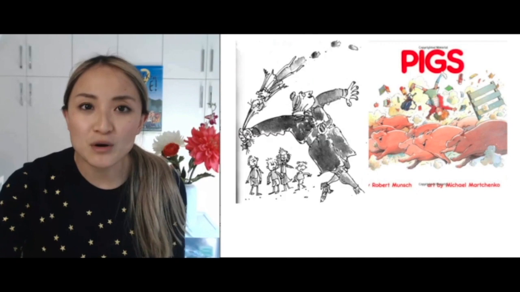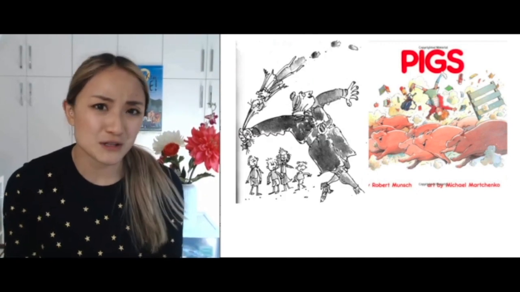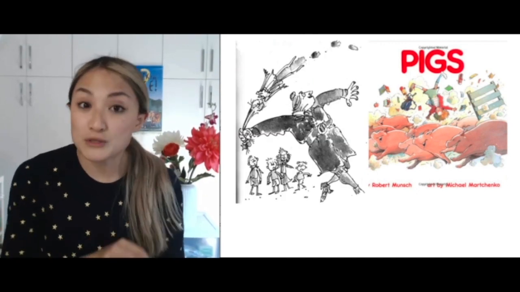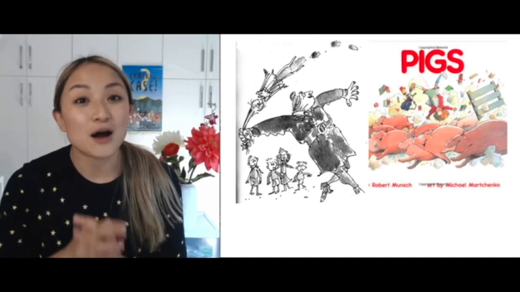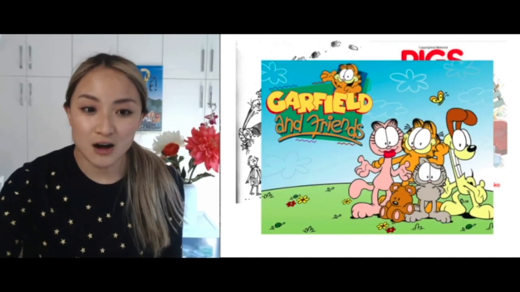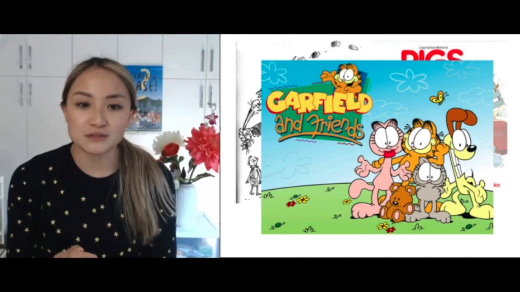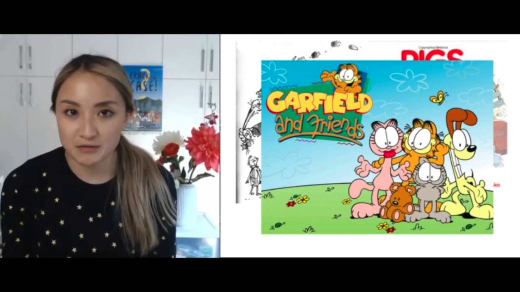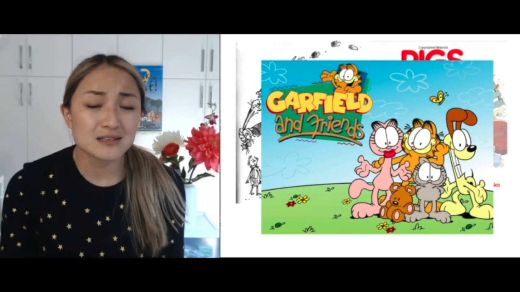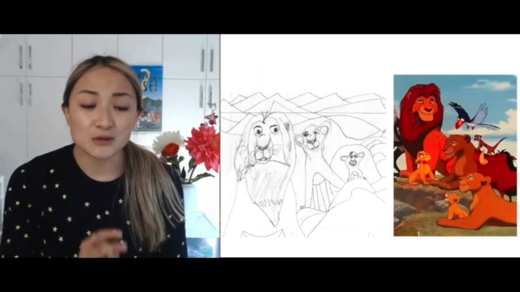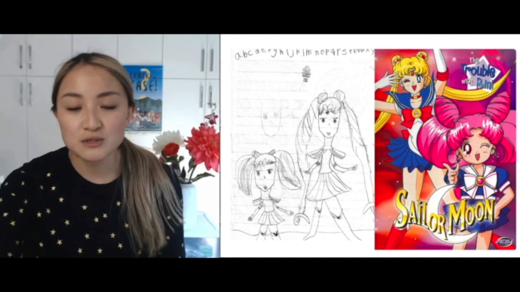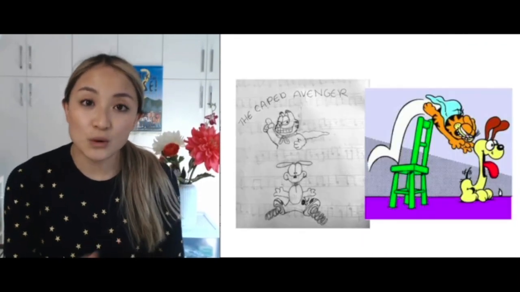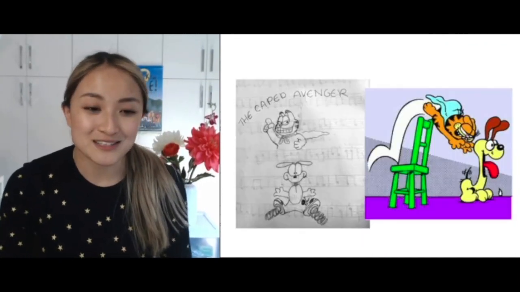My favorites were the ones with really funny and expressive illustrations, so Roald Dahl books and Robert Munsch books were among my favorites. And I also love to read comics. And Garfield was, again, one of my favorites. All these things inspired me to draw. I spent a lot of time copying my favorite characters from the movies and the TV shows and the comic books, as well as creating my own characters.